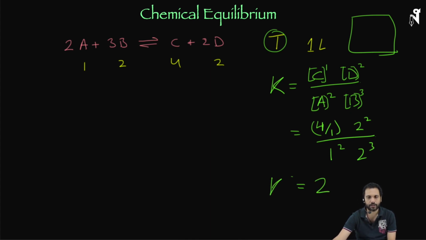So our equilibrium constant, we can write it as Kc because we were taking concentrations. As I told earlier, we can take pressures if things were gases. Here it is to depict that we have taken concentration. You can write it as Kc. If you don't write anything, it is assumed